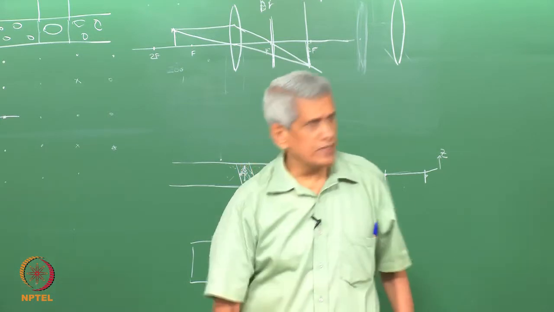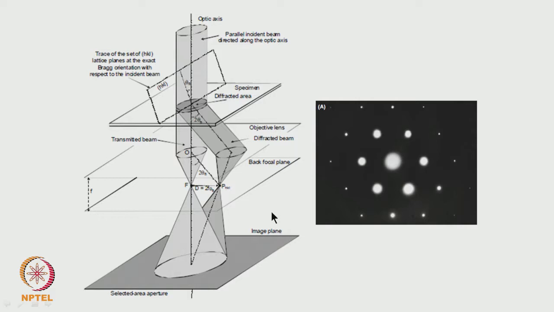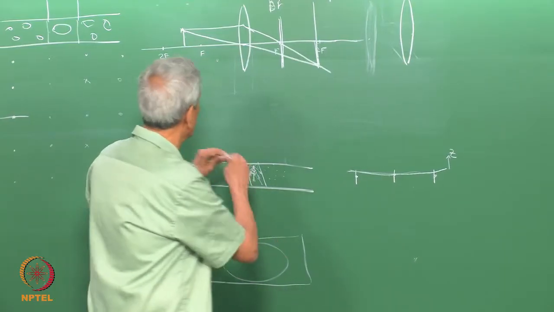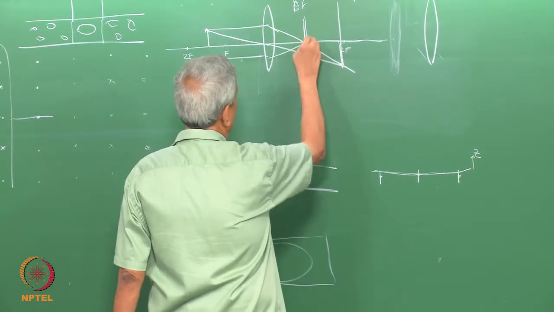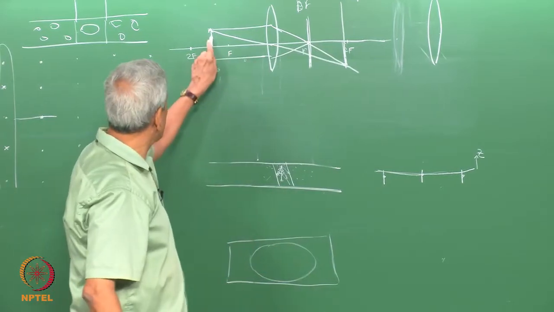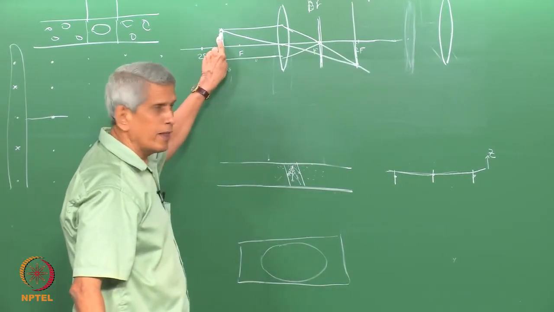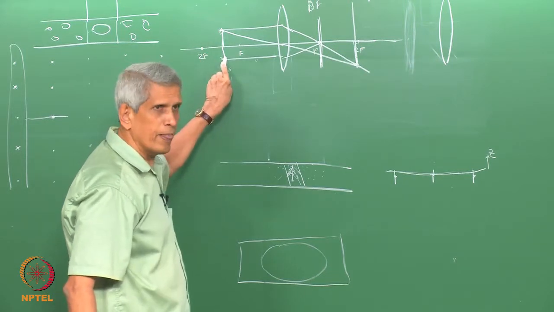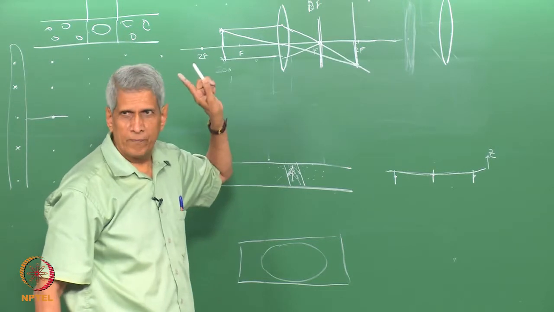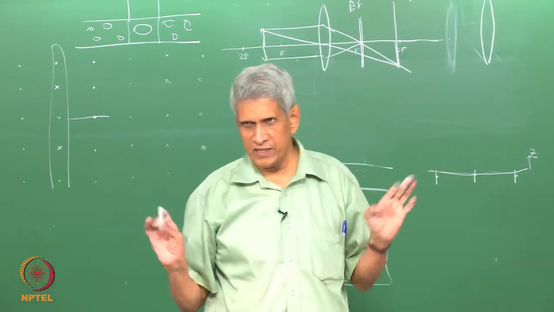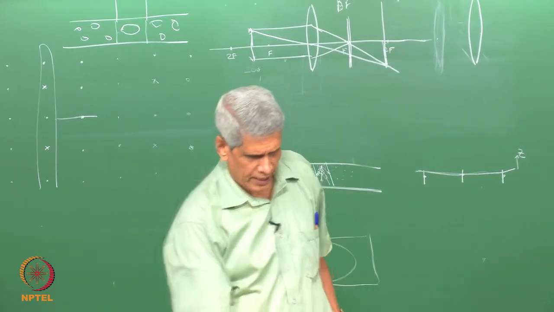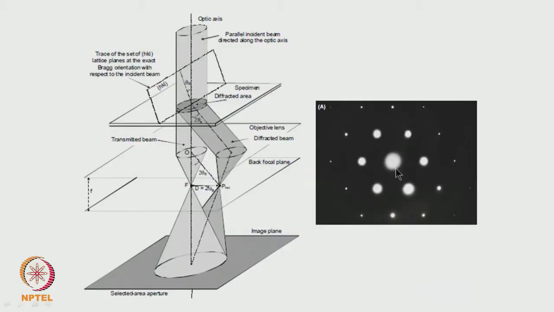See, this is just a ray diagram which shows a parallel beam which falls. Like what we have shown here, all the rays which are parallel to our optic axis are brought to a focal point, right? But if this is the sample, from different points in the sample there could be a variation in intensity. But still, when they are all focused to a point, you are not able to see any of those variations. That is one drawback, but you will be getting just a spot pattern like this, right? This is how we get a diffraction pattern with a parallel beam.